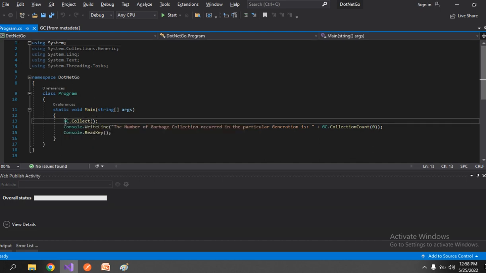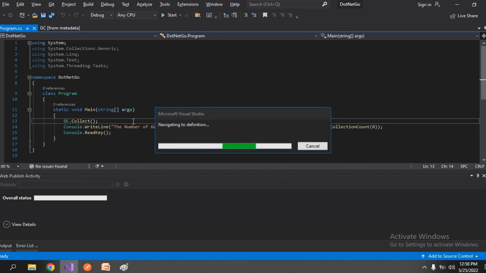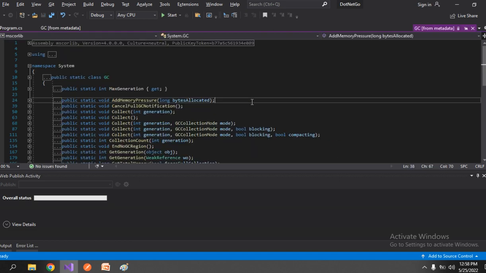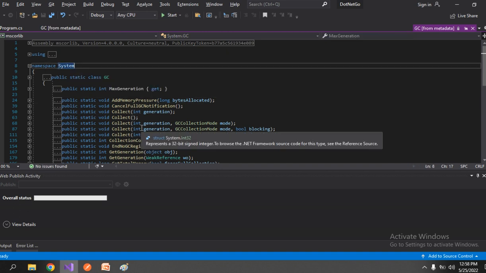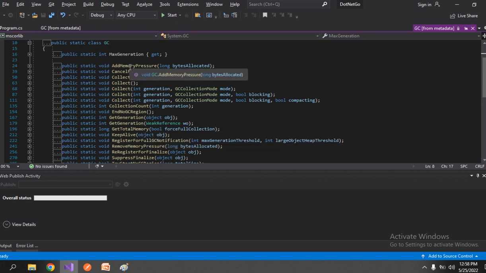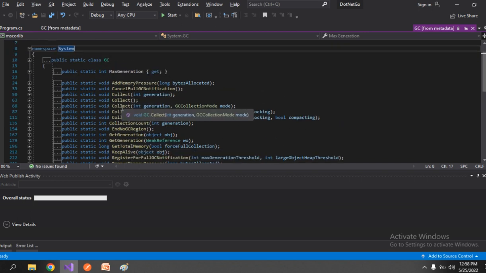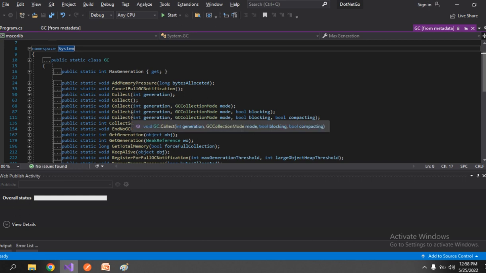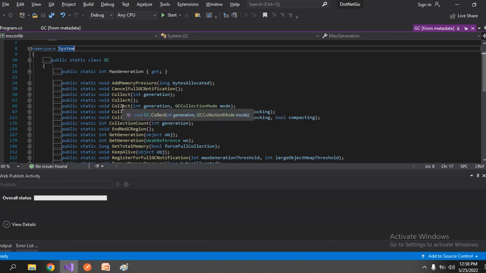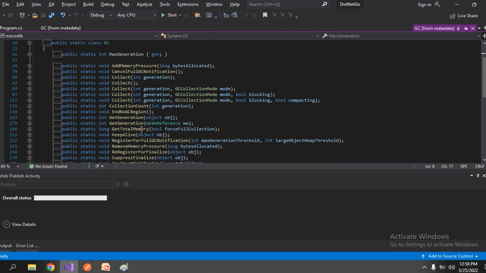So if you go inside that particular class, here you can see it is a static class GC which belongs to the System namespace, and inside the GC class it will have multiple methods, like the Collect method. Here basically method overloading happened. Those we will learn in a later session, but for now Collect, and then GetGeneration, and then GetTotalMemory, all those